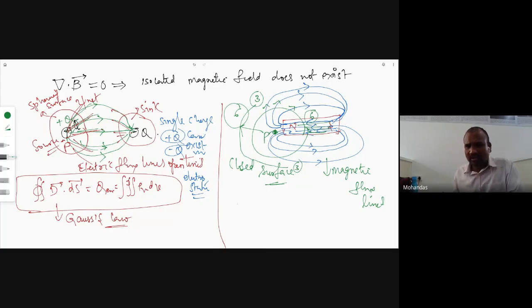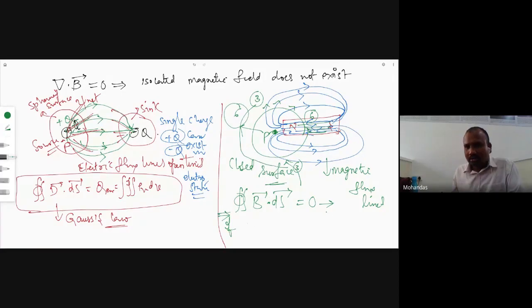So in those cases, mathematically, how can you write it? If you take a closed surface in the presence of the magnetic field, the integral of B dot ds becomes 0. The net flux will become 0. And if you apply the divergence theorem to this mathematical equation, framed by using this concept,